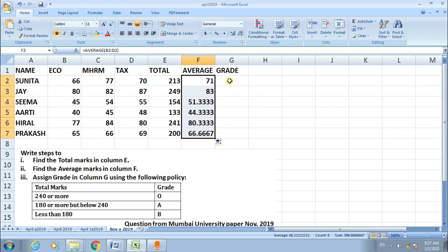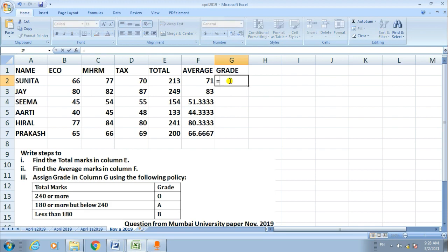Now to solve the third question, assign grade in column G using the following policy: 240 or more O grade, 180 or more but below 240 A grade, and less than 180 B grade. To assign grade, we put the formula in cell G2.